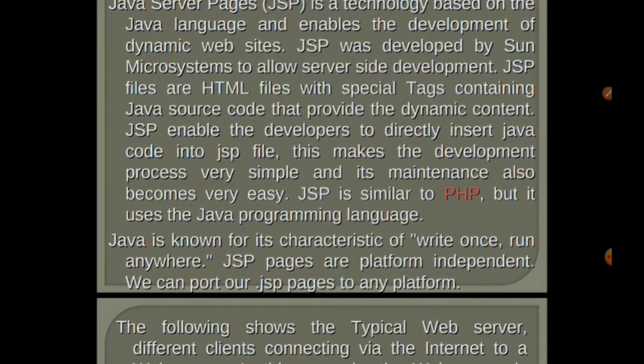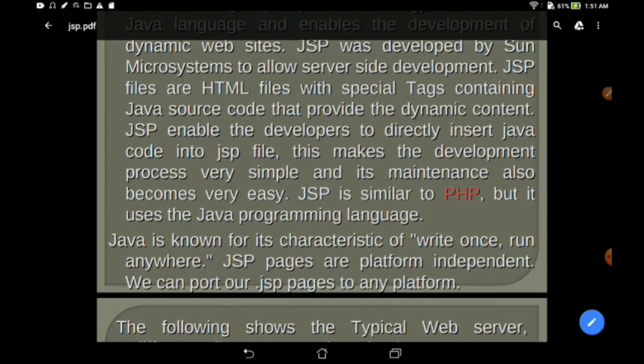The main advantage of JSP is that it is very convenient for developers: it is simple to learn and understand, and debugging and maintenance are also very easy.